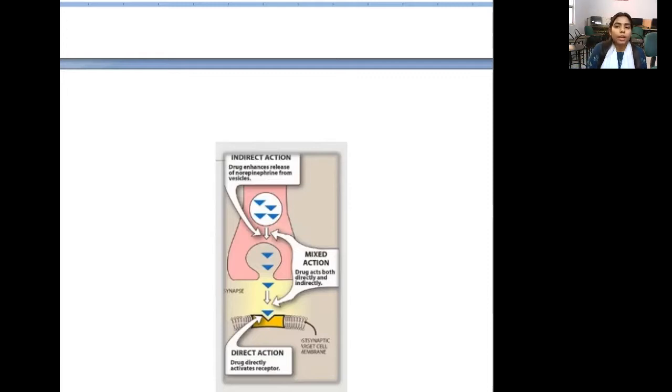Now let's see the contraindications. First is hyperthyroidism. Epinephrine enhances the cardiovascular action in hyperthyroidism, so the dose of epinephrine must be reduced in this case. There is increased production or upregulation of alpha receptors on the vasculature and beta receptors in the heart of the hyperthyroid individual, leading to a hypersensitivity response. Now, diabetes: epinephrine increases the release of endogenous stores of glucose, so in the diabetic the dose of insulin may have to be increased.